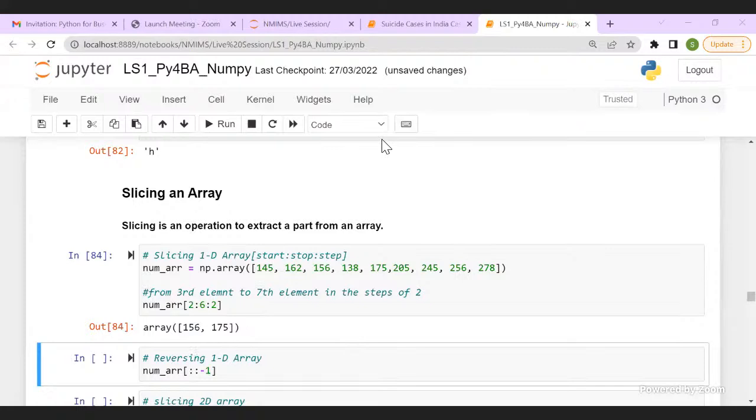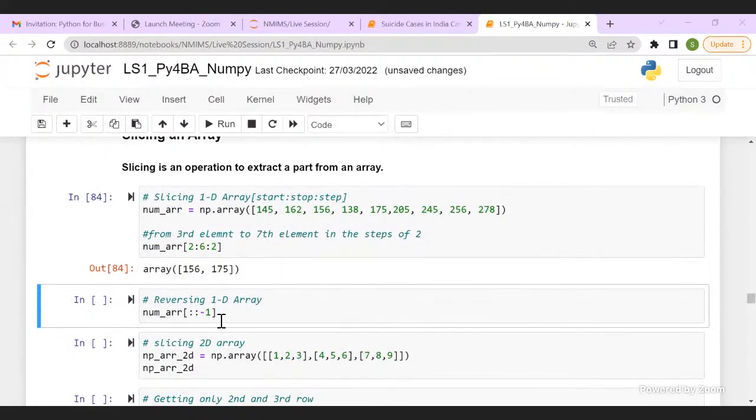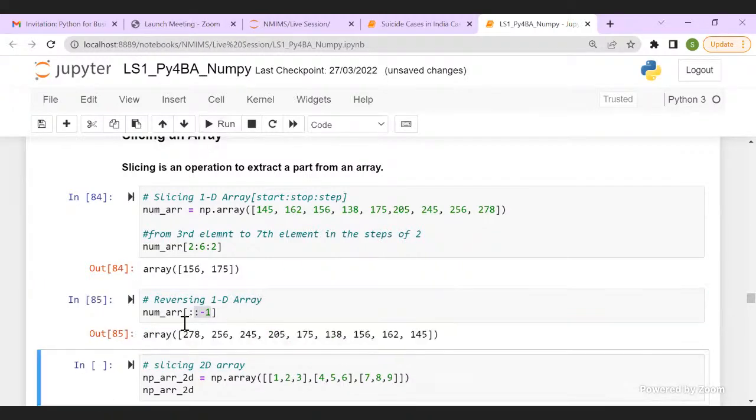Any question on slicing? It is the same as your Python, right? Now, if you want to reverse an array, you can do it with the help of slicing. You do not specify the start number, and you do not specify the stop number, meaning you will be taking all the data, and you use -1. What you get is the reverse of your 1D array.